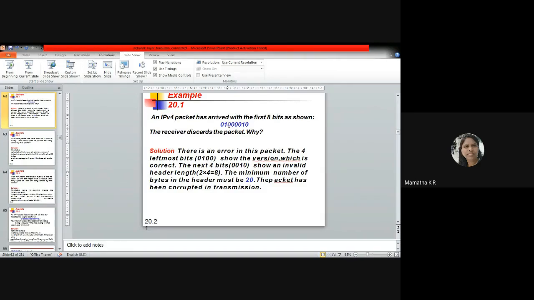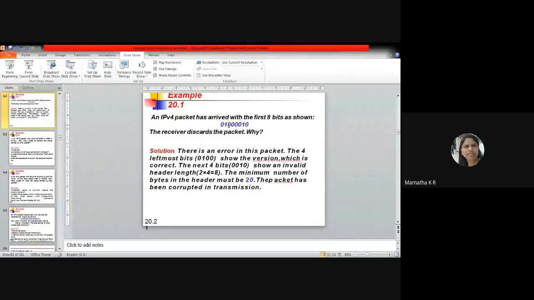The next 4 bits indicate the header length, as I told you. And to find the actual length, we have to multiply by 4, because whenever we put it, it is divided by 4 in the length field. So we multiply to find its actual length. So 2 into 4 is 8.